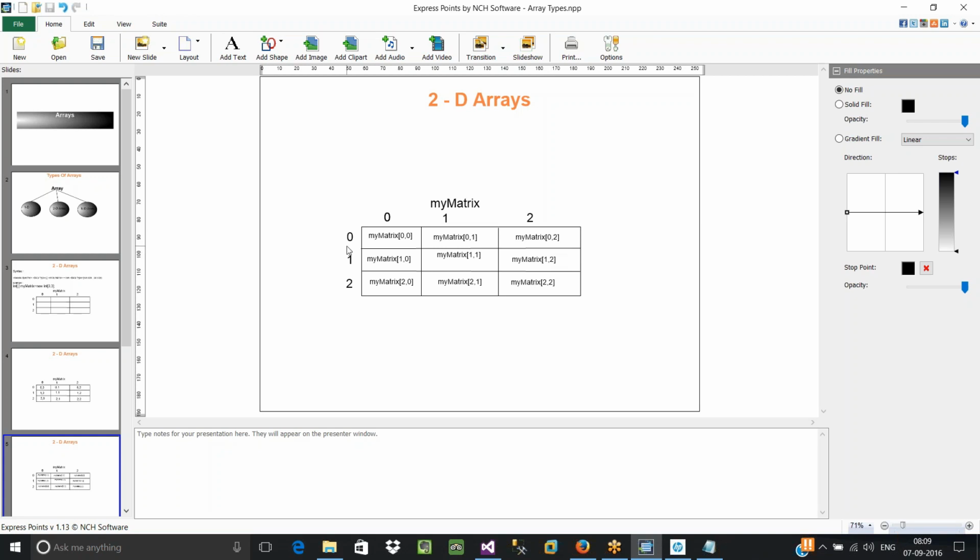right? First, you have to go to the first row, navigate between all the locations. Then go to the second row, navigate between all the locations. Then go to the third row, you need to navigate between all the locations to pull values of all the locations, right? So in order to perform a read or write operation, you should always start from the first row, then go to the second row, then go to the third row.